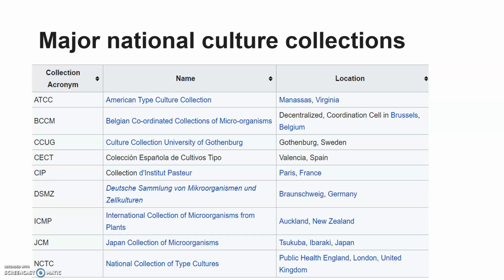Then what are the different types of culture collections? ATCC, American Type Culture Collection, is located in Manassas, Virginia. So in our laboratory or hospitals, we are keeping the ATCC strains of various microorganisms, for example E. coli, Strep pneumo, Staphylococcus, etc. We require an ATCC strain. Using this ATCC strain, we are subculturing that strain and using it as a control in many other biochemical tests,